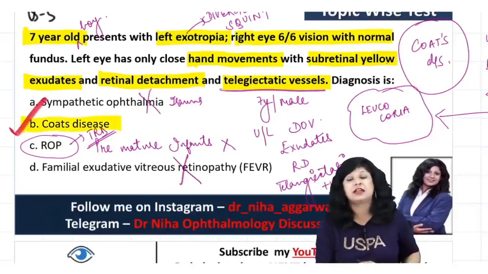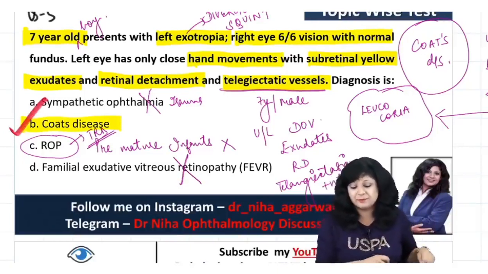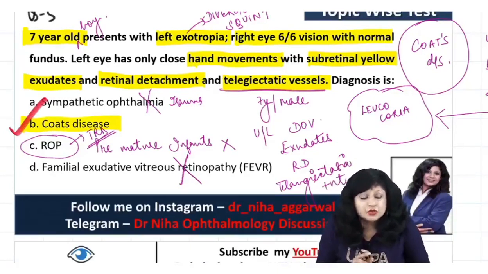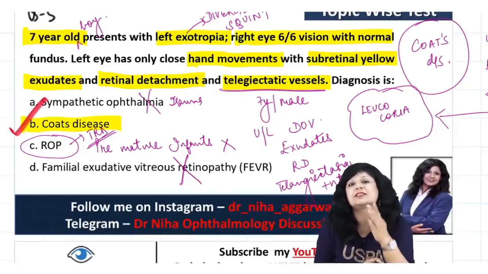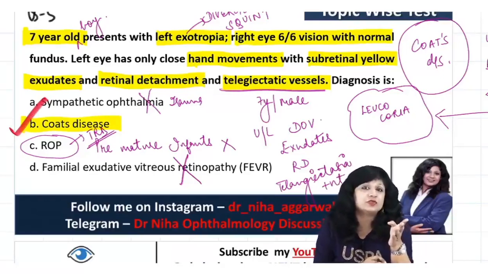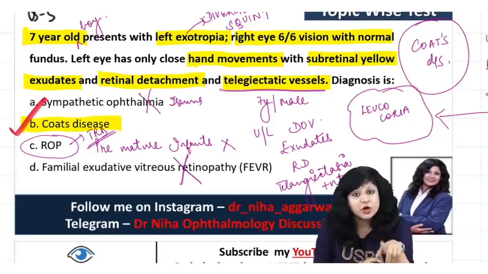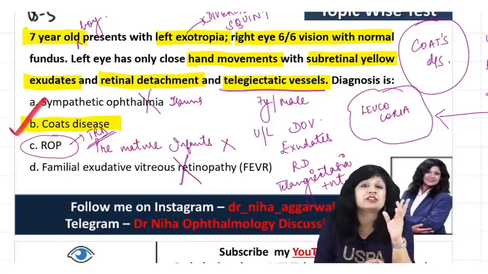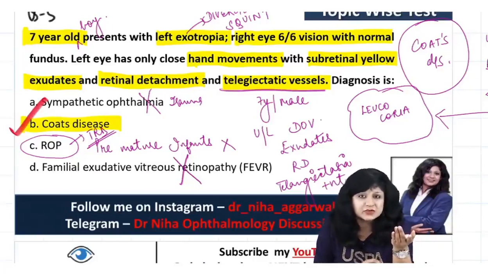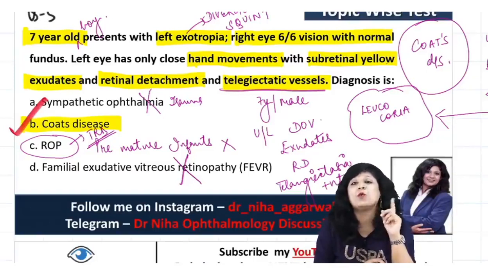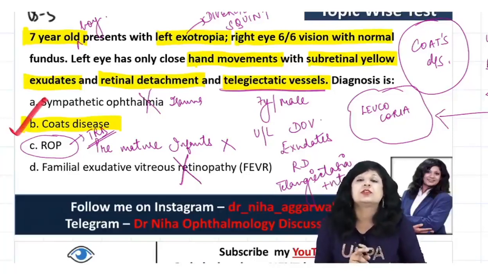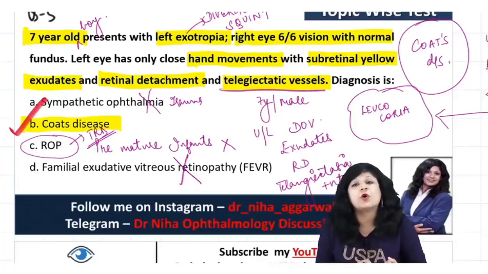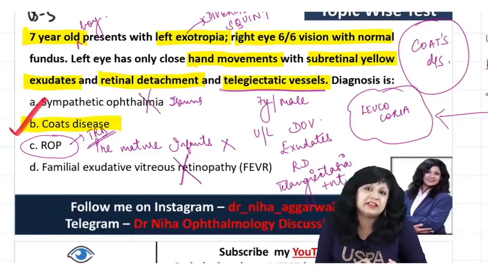Now one thing again I want to tell you, why this patient is having exotropia. I told you in squint also, whenever you are using one eye constantly, the other eye always goes into amblyopia. So the right eye was normal, and in the left eye there was a diminution of vision due to Coats disease. So what is happening? The unused eye mostly goes into divergent squint. This is common in watch repairers, those who use the uniocular microscope. All these people more frequently have divergent squint.